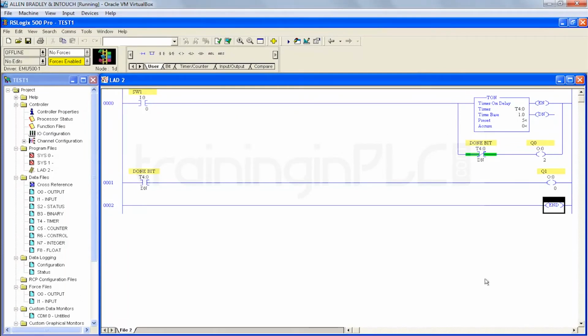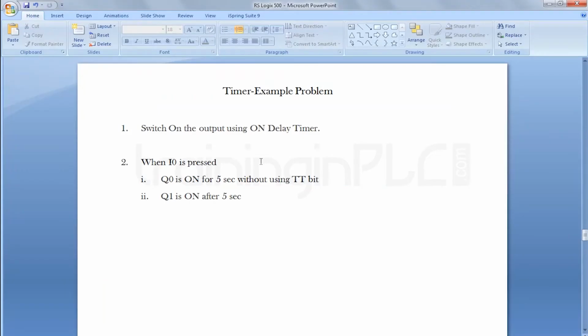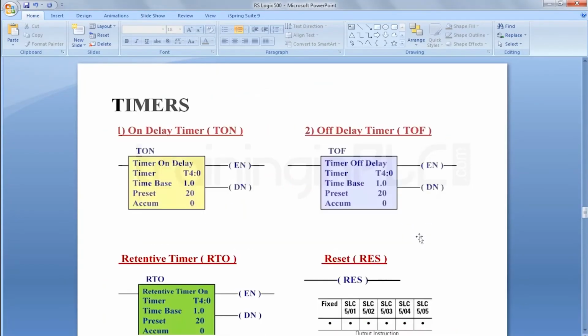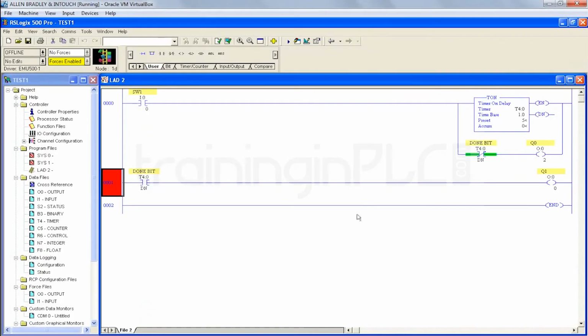What will be the off delay timer? Let's see the block. So the off delay timer is used to delay the off condition. The block looks exactly like the on delay timer. It is having one input and two outputs. As in the block it is having two outputs, but same as on delay, we are having the timer timing bit also here. So let's see how to use this in the software.